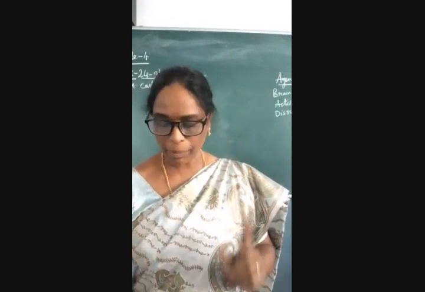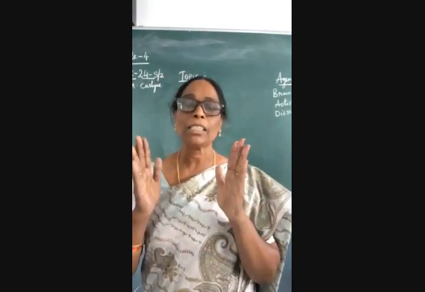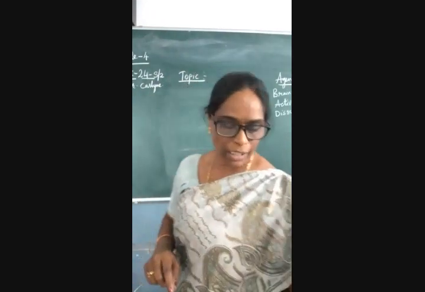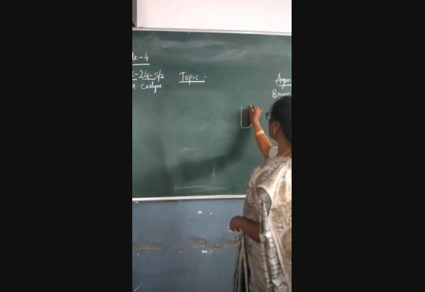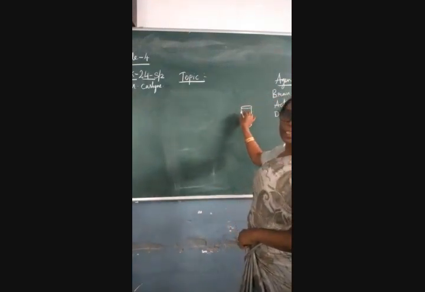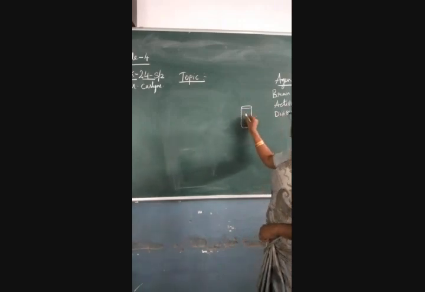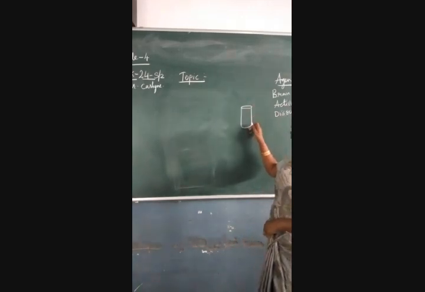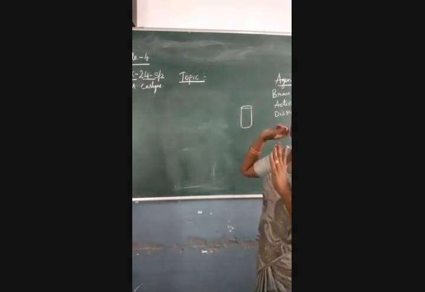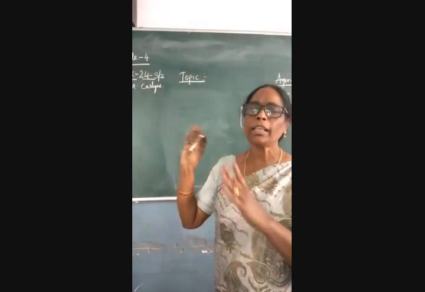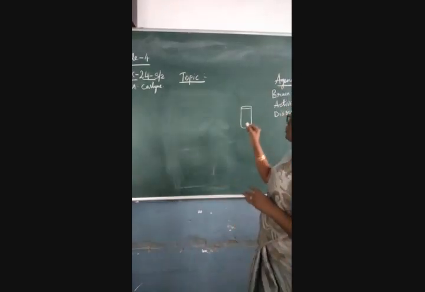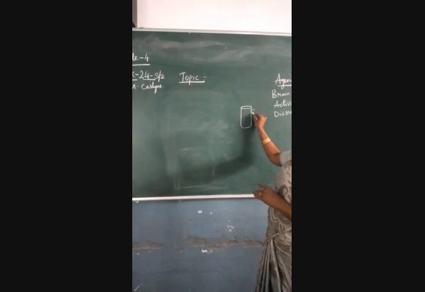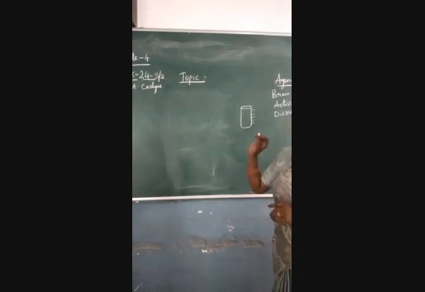So how do you have to do the experiment? Take one glass tumbler, like this it should be, and fill it with garden soil. Fill it with garden soil and pour water till here, up to the mouth, and keep it aside. Do it in the evening, let it be the whole night, and next day morning you observe. So you will observe the soil in different layers.